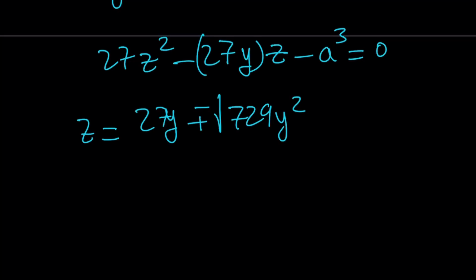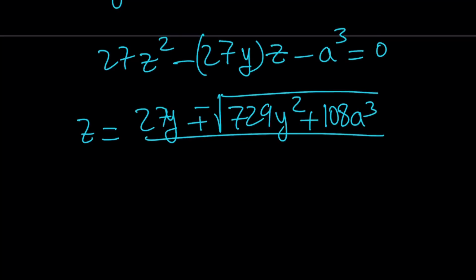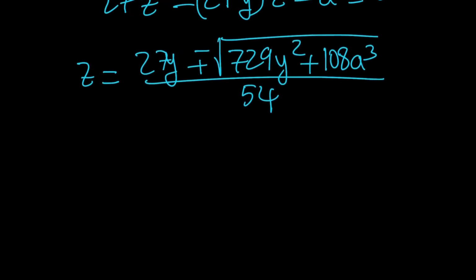But if you multiply minus 4 times a times c, you get a positive term. Plus 4 times 27 is 108. So that gives you 27 times 4, which is 108, a cubed. Okay, great. I was able to do that. Divided by 2 times 27, which is 54. Awesome. Now, we can simplify this because